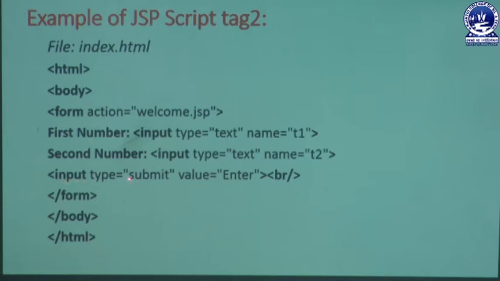Next we can create a submit button in that HTML page. How will it be possible? By adding the input tag, where we take the help of the attribute known as type. In that type attribute we write submit. Submit is known as a command, and by using that command we are creating a submit button. Then we use another attribute known as value. In that value we enter the name, and that name must be reflected in our submit button, for example "enter". Whatever you write in that value must be reflected on the top of that button.